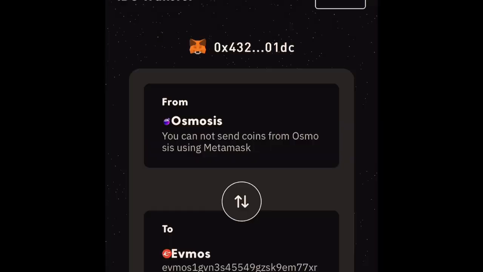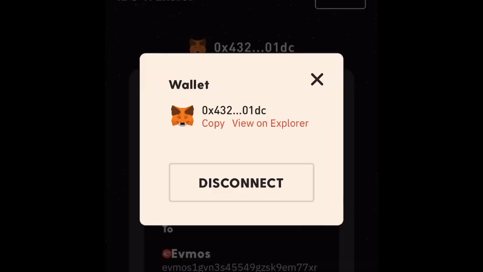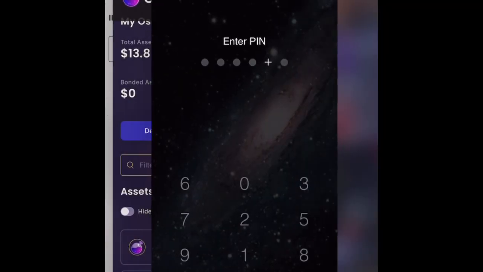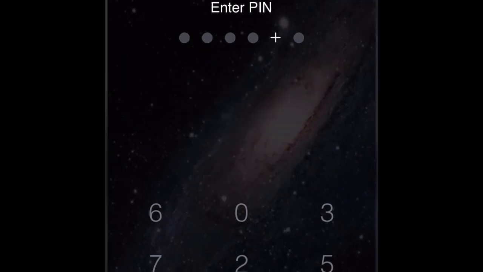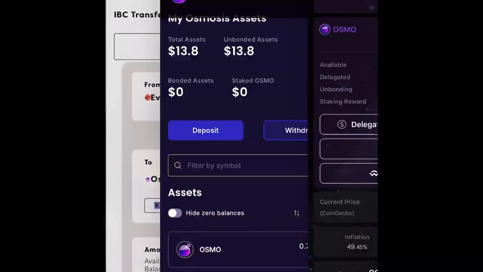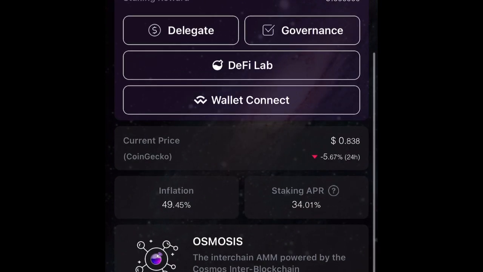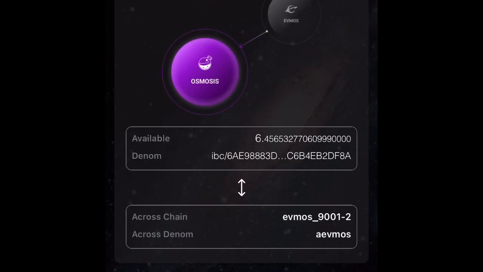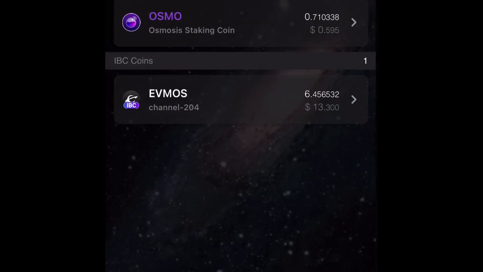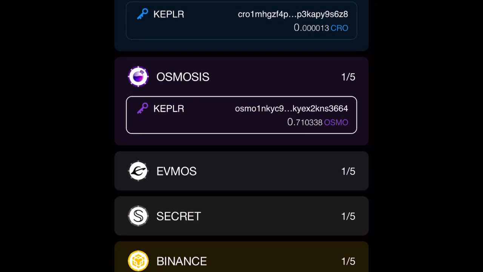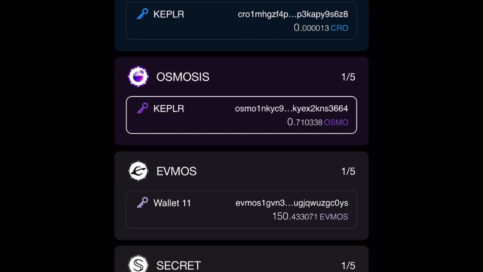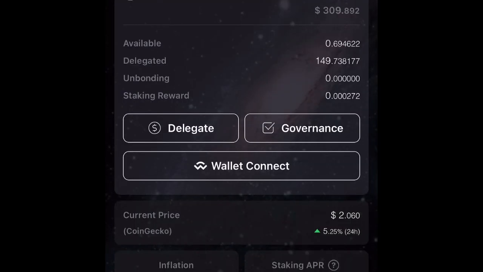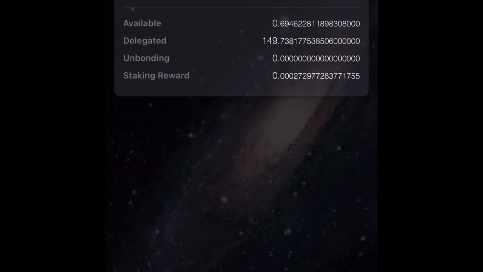I'm going to get out. I'm going to disconnect. I don't want to do all that. We're going to head back to Cosmostation, right? We're not going to use Keplr no more. We don't need it. So over here, when you go to assets and you click on Evmos, right? Remember I told you guys I have an Evmos wallet. And this Evmos wallet is the same wallet that shows my Metamask balance. Remember, 0.6924. That's what I have over here available. So that's the amount you're going to see on Metamask, right? So when you go over here, this is how you save all that bridging and all that headache.